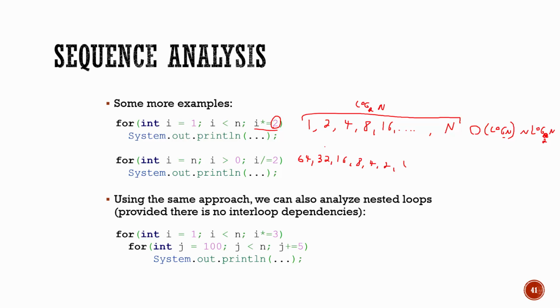So you can see those terms just map across, right? This 1 goes over here. This 2 goes over here. 4 goes over here. 8 goes over here. So it just directly maps across. So it's the same sequence size.